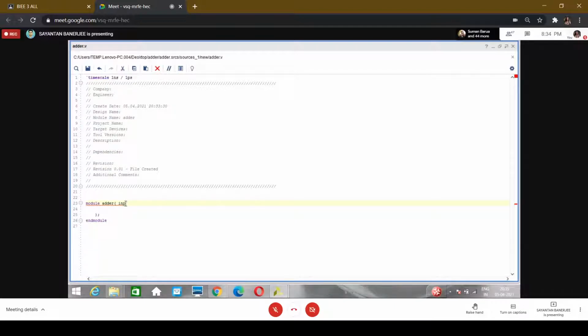So we are specifying the inputs and output here. In the module we have to specify the input and output. Suppose our output is sum.